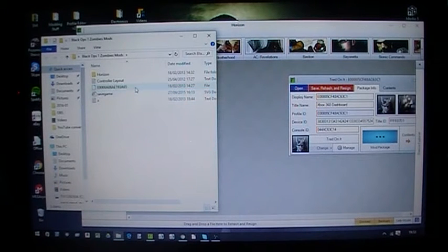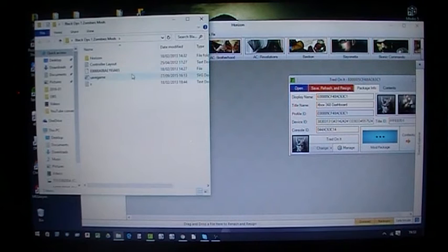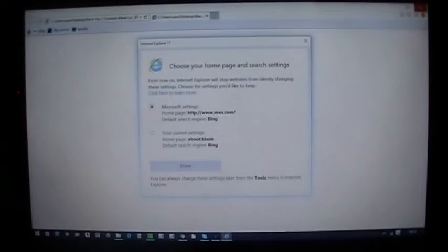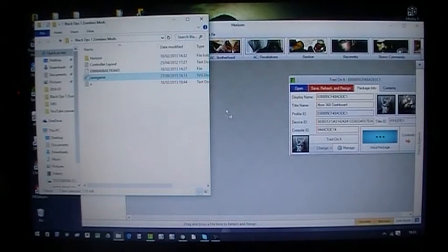Now what you want to go ahead and do is, for the profile you don't want to do anything, you want to leave it as that, but for the save game you want to not double click on it like I've just done, because that's wrong, because it'll bring you up a random page which just doesn't mean anything. Just close, please. You want to drag it into here,